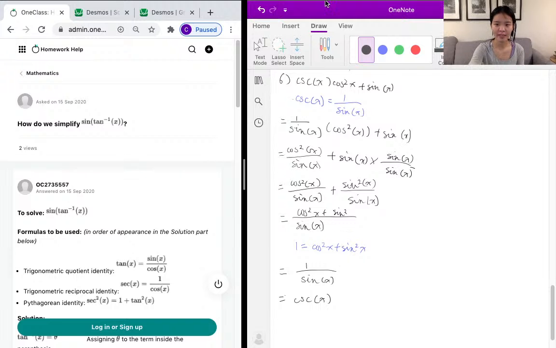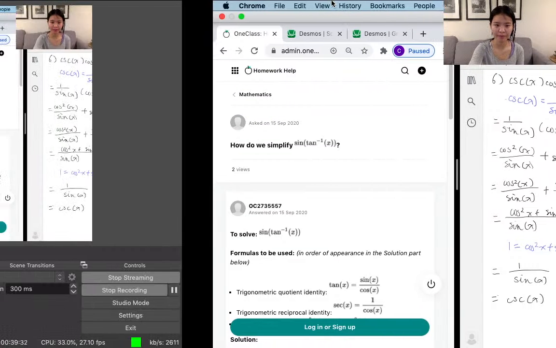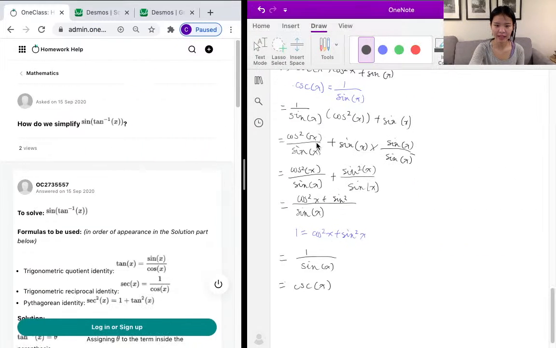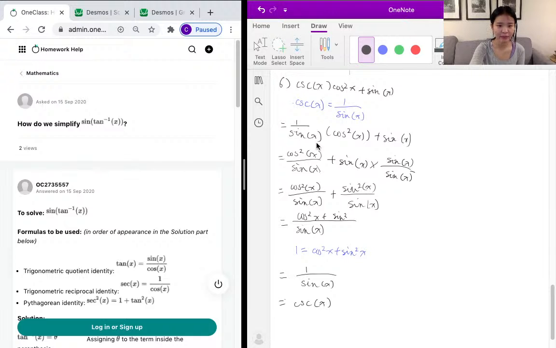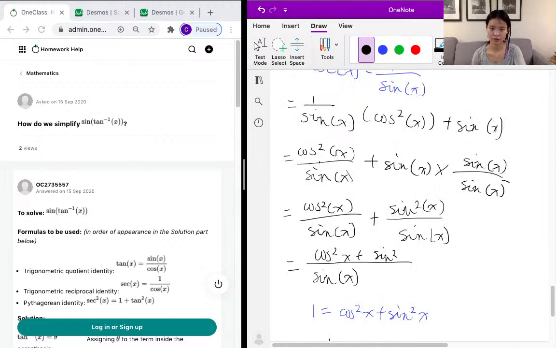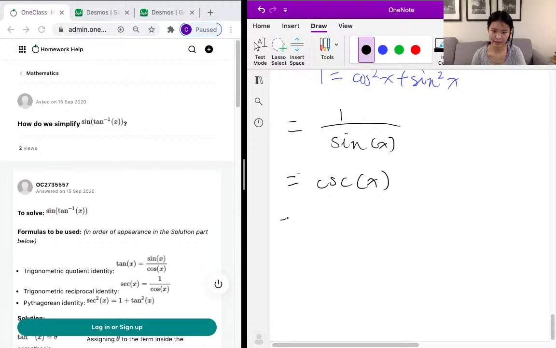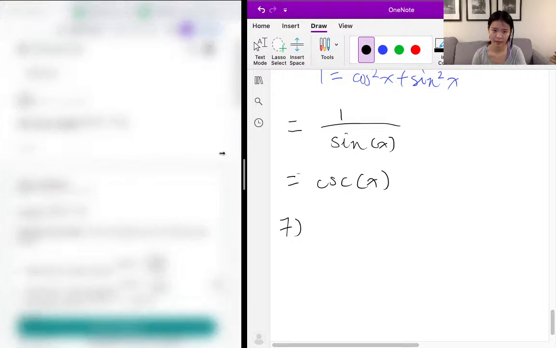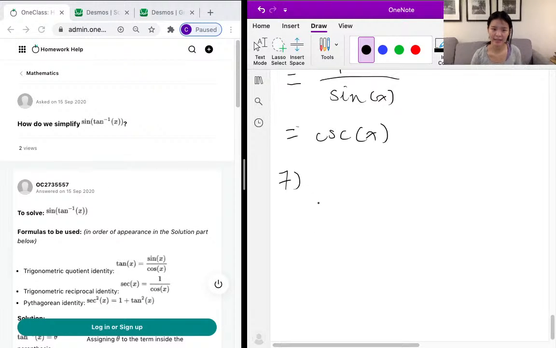Alright, now let's move on to our next problem. Our next problem here just asks us, how do we simplify sine of arctan of x? Okay, so our seventh problem here, let me just zoom in a little. Our seventh problem asks us to simplify sine of tan